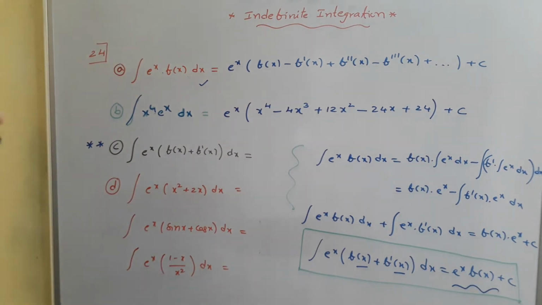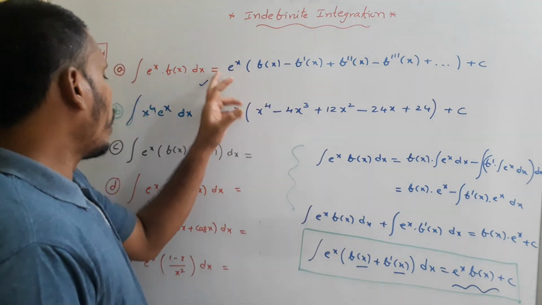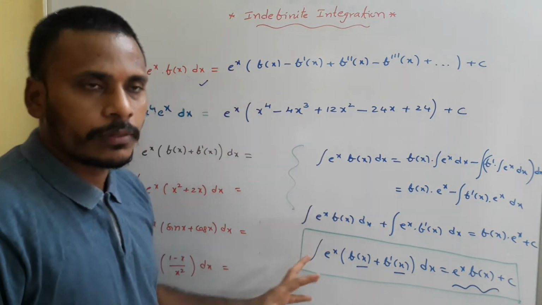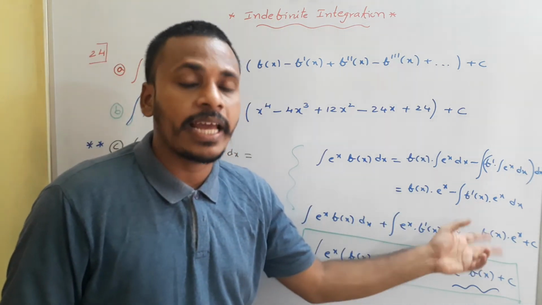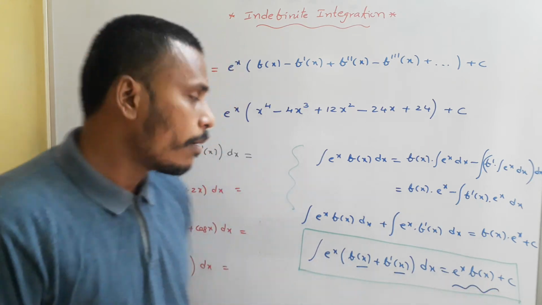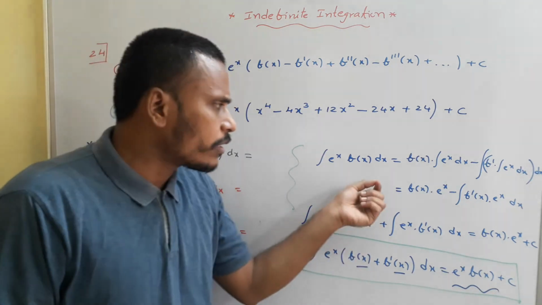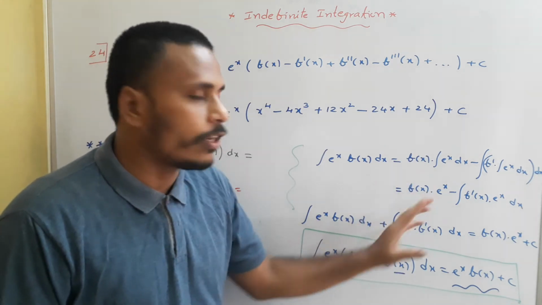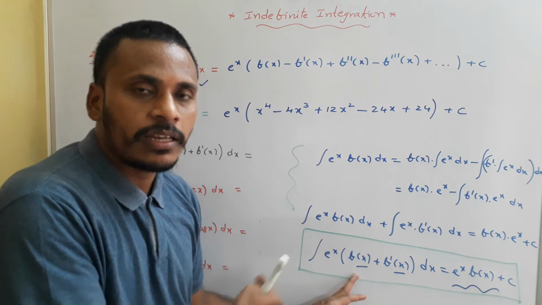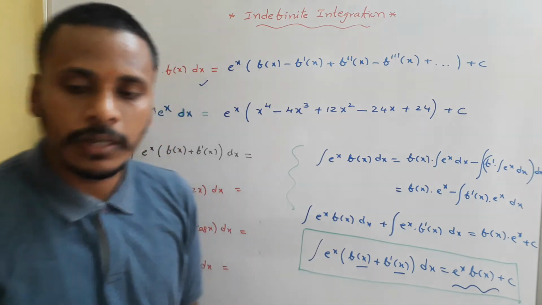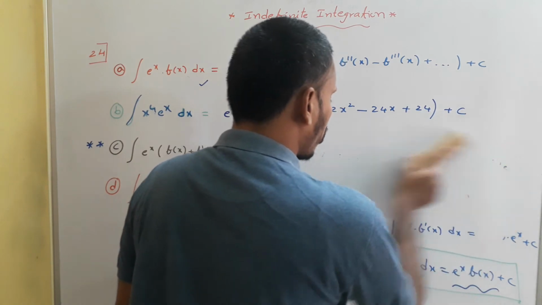So finally, if you observe, the proof which we discussed for 24a is just similar to 24c. In 24a, again we applied integration by parts, again and again. But for this 24c, to prove this statement, I am using integration by parts only once. After that, we collected terms having integration sign on one side and all the remaining part on the other side. Leave everything. Nobody asks you for the proof to solve problems.